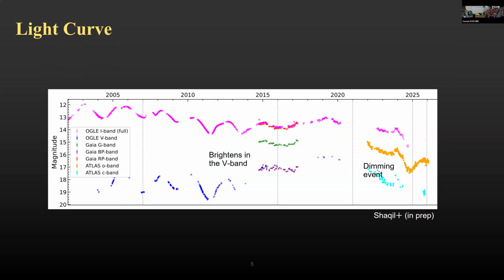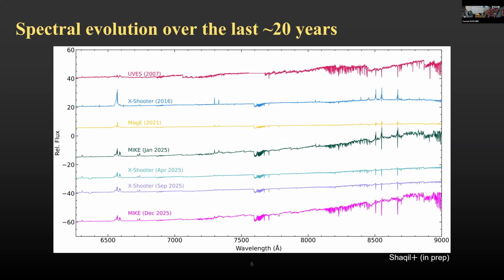We see another change, a dimming event around 2024, 25. It's a dimming event of 2 magnitudes, and we have now newer spectra from last year where we see something really interesting happen. So this is the evolution of the spectra over the last 2 decades. And in general, we can see that it's very variable, but if we look at some of the features, we see a lot of forbidden emission lines. You do not expect to see forbidden emission lines in red supergiants. You see them maybe in hotter main sequence stars or yellow supergiants, yellow hypergiants, or B[e] stars, but